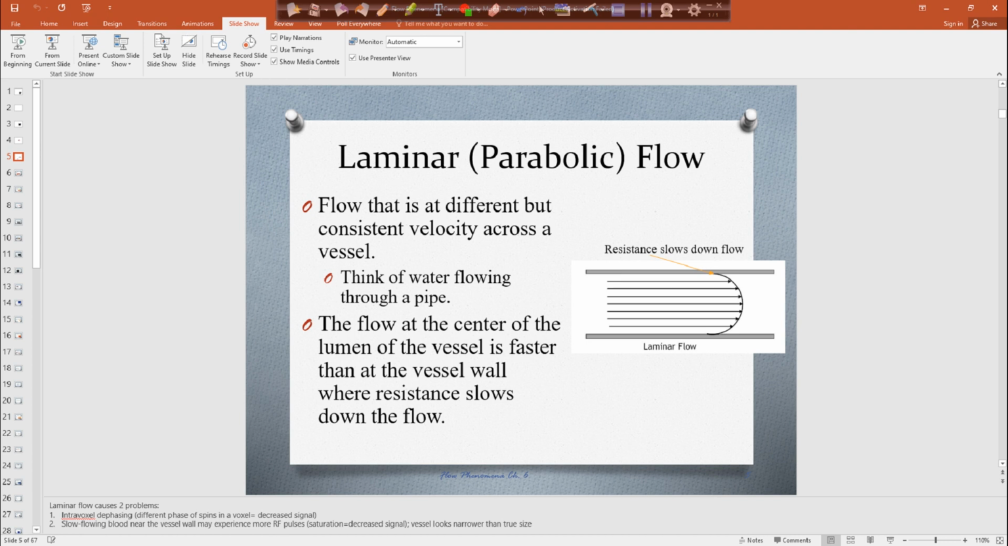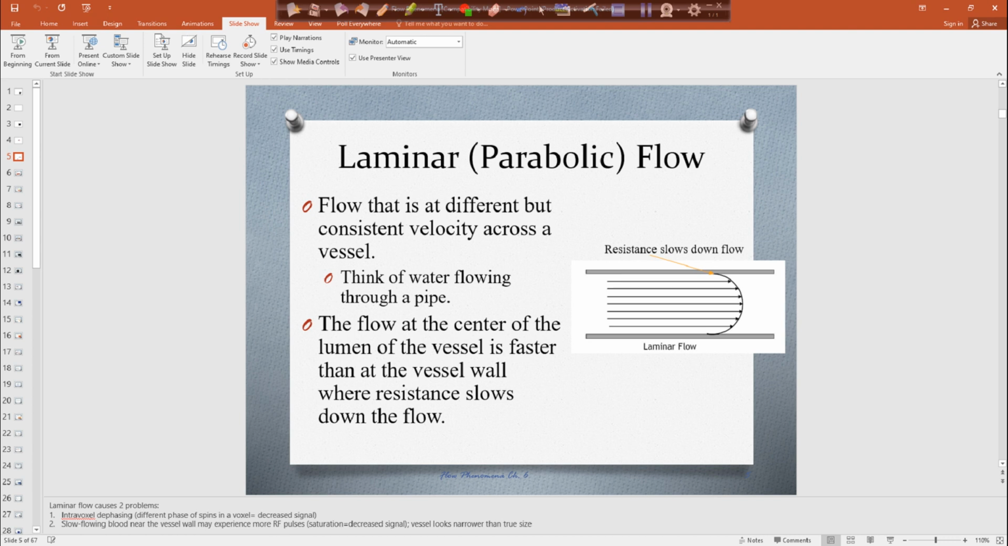The other problem is with that slow flow near the vessel wall. If you have slower flow, it might actually receive more RF pulses, just because that blood flow is going a lot slower, and more RF pulses equal saturation. And remember, partial saturation and full saturation, both of those equate to less signal. So we have less signal near the vessel wall, so it actually makes it appear like the vessel's a lot narrower